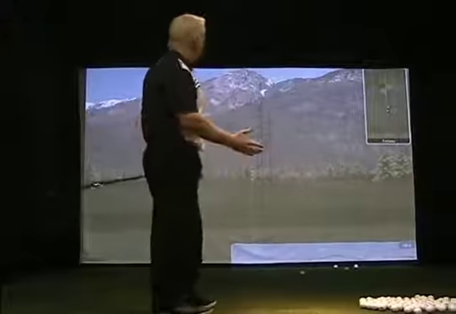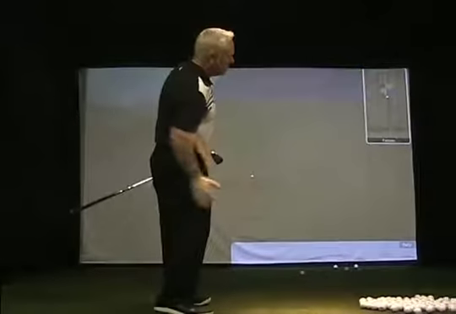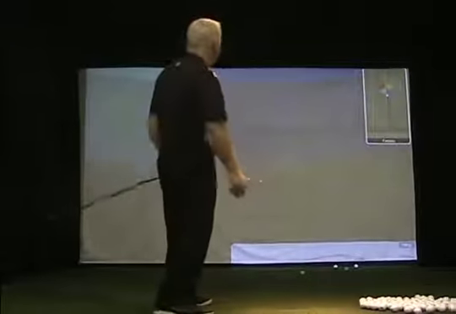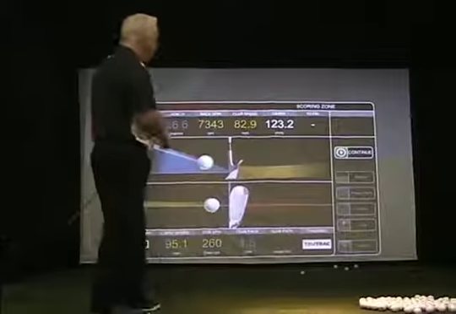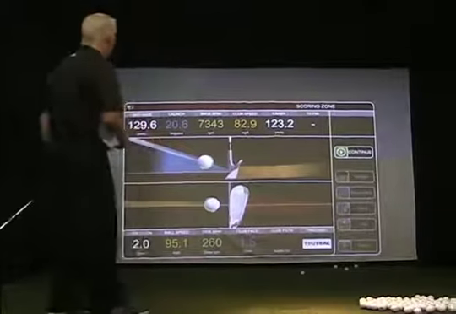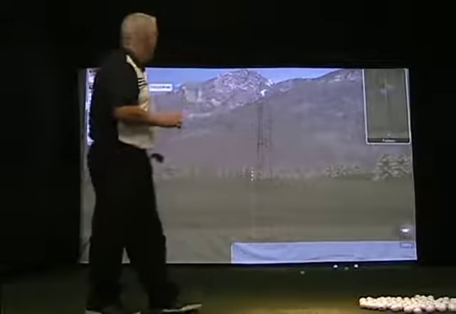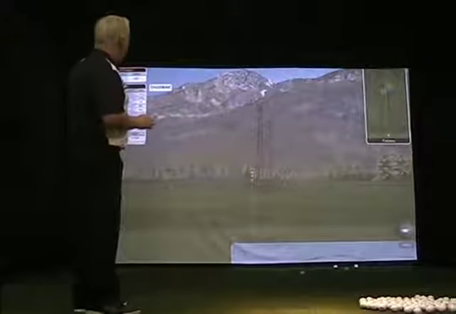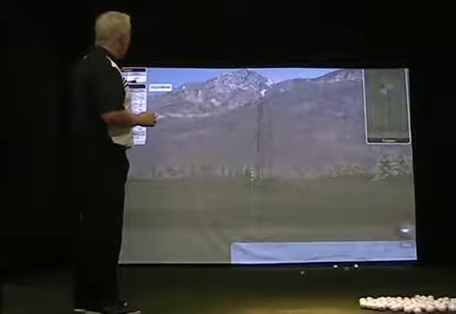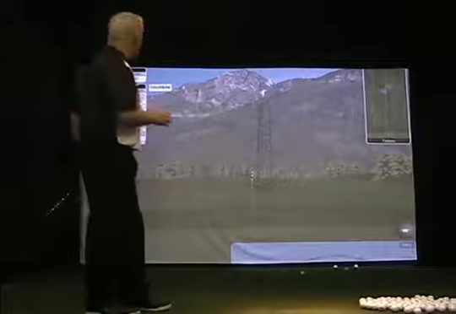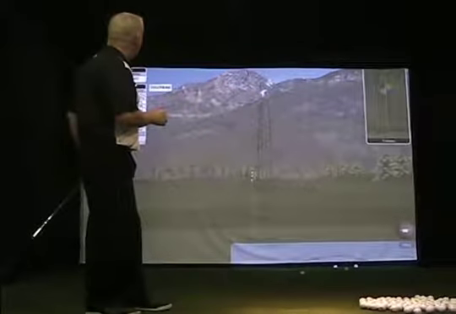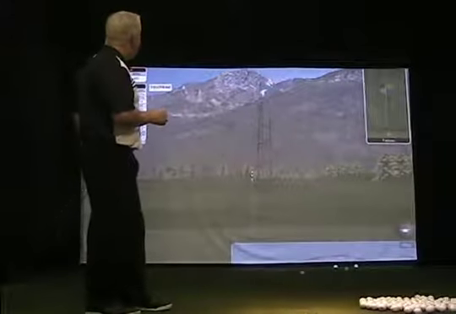Much higher trajectory, very difficult to get my weight left when I'm scooping. That ball only went 130 yards, had 7,300 RPM of backspin, 21 launch. So my launch, just from those two, went from 13 to 21, so that's 8 degrees more launch on the ball. I only had 95 ball speed for a